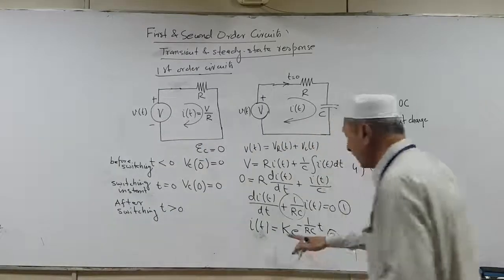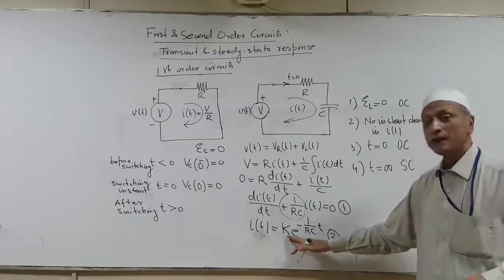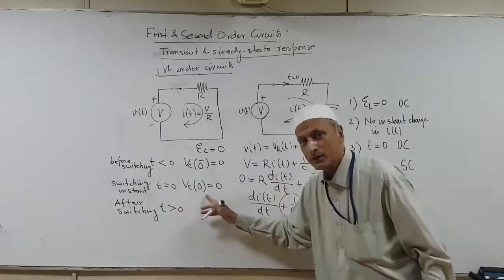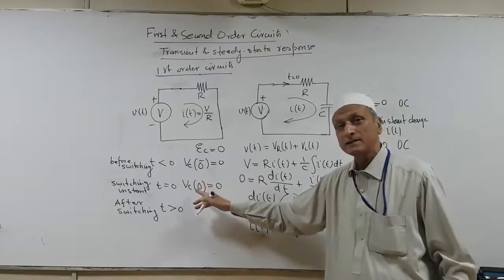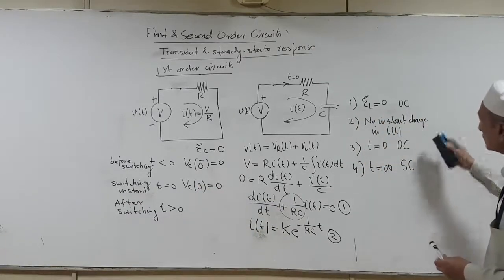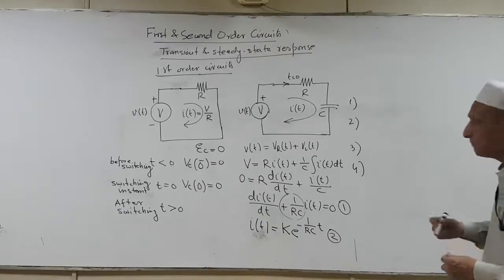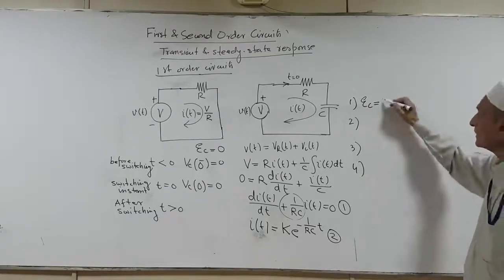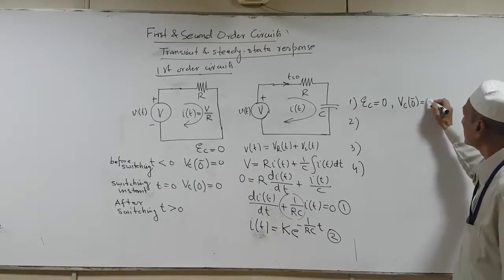Now, the value of K, in either case when we talk about the RL or RC, is to be evaluated from the initial state of the circuit at t is equal to 0. In the RL case, it will be the inductor current, and in the RC case, it will be the capacitor voltage. So, let's have some conclusions over here, in the same manner as we have done for the RL circuit. To start with, when we say that there is no energy in the capacitor, the voltage is 0.